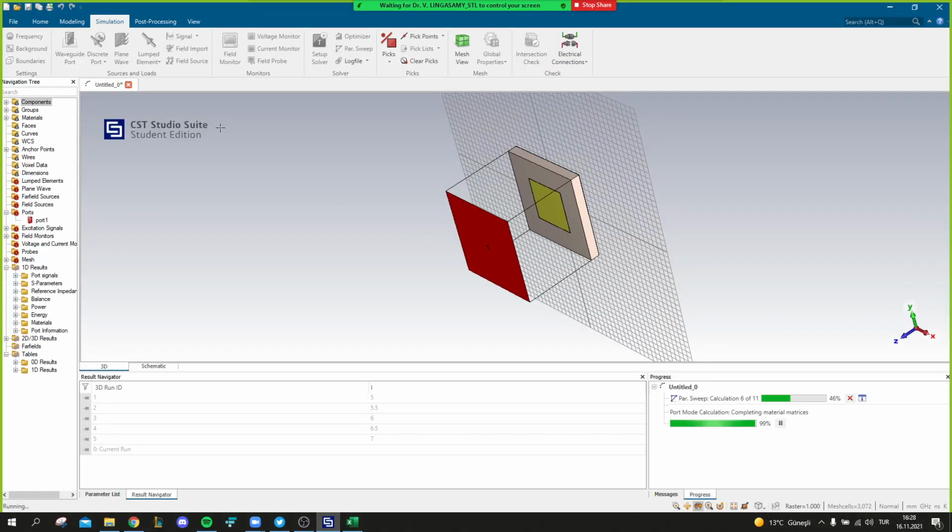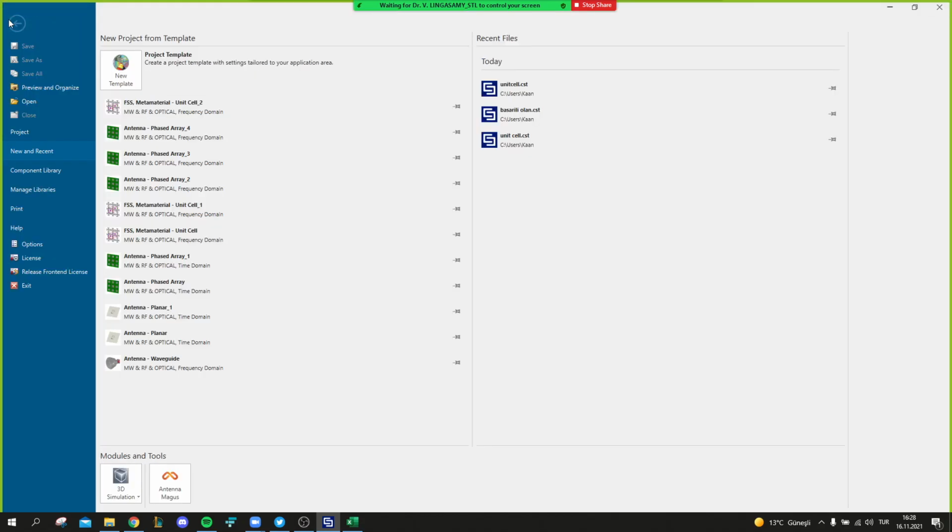Yeah, one minute. You can open that file separately.